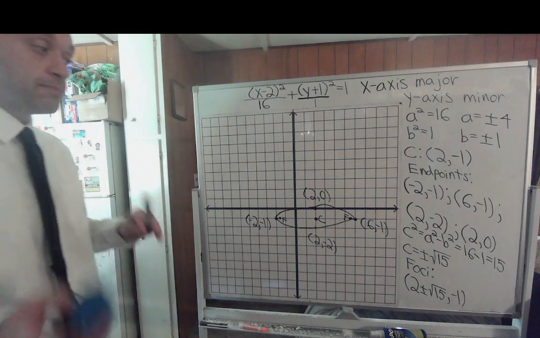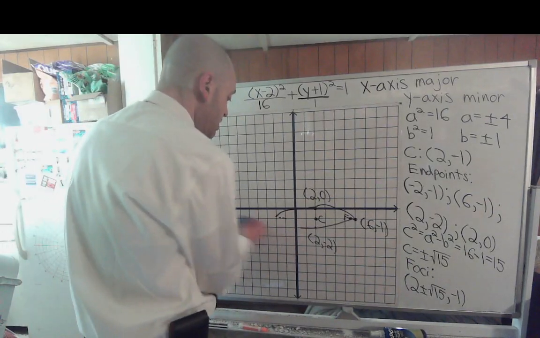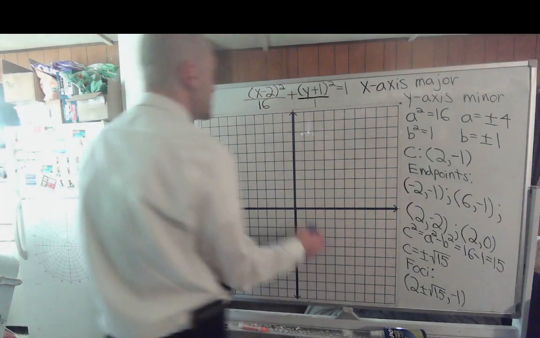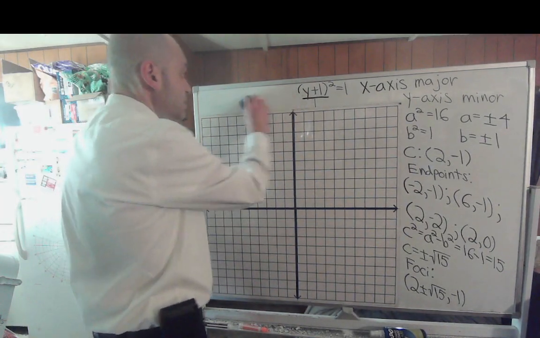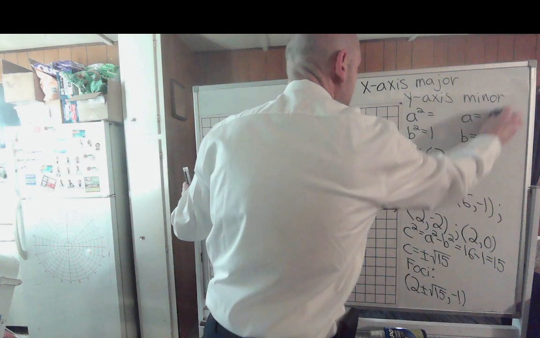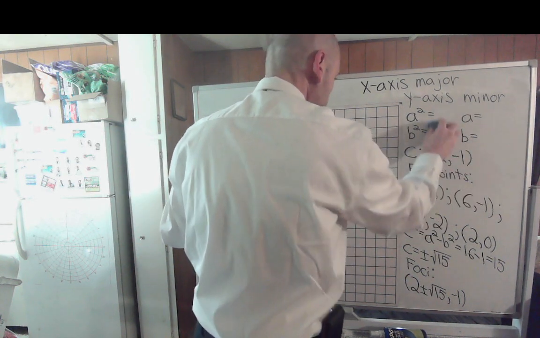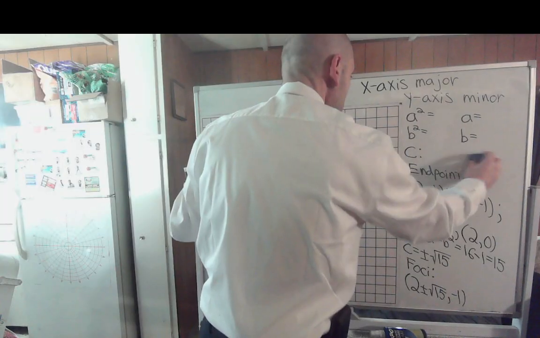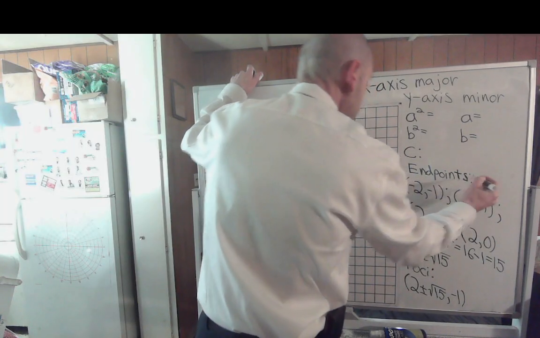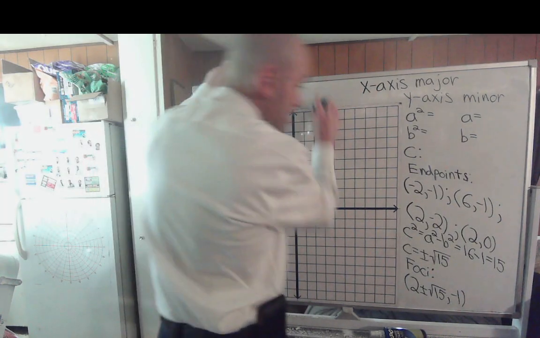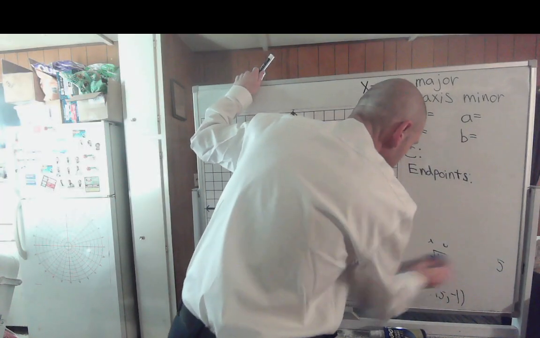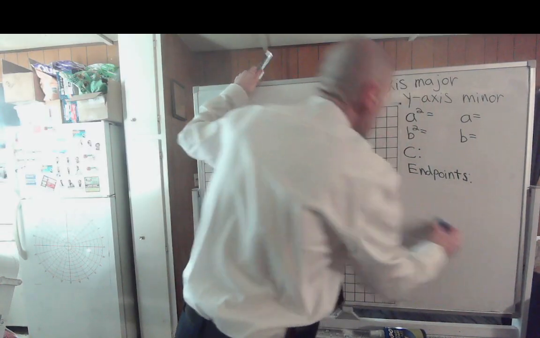But let's do one more, where the x-axis is the major axis, and then of course the center's not at the origin. We're going to keep the same major and minor axes. Whoops, I didn't mean to erase the endpoints part. I'm going to keep that up. But I do want to erase everything below that. It's good to keep these formats up. Okay, so